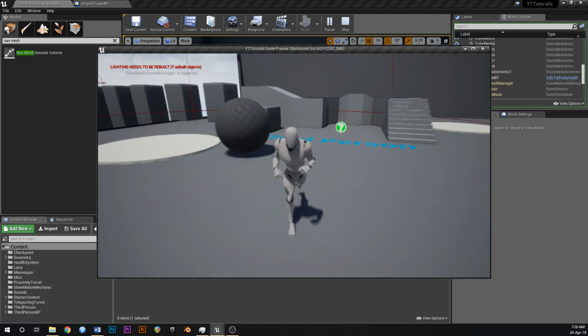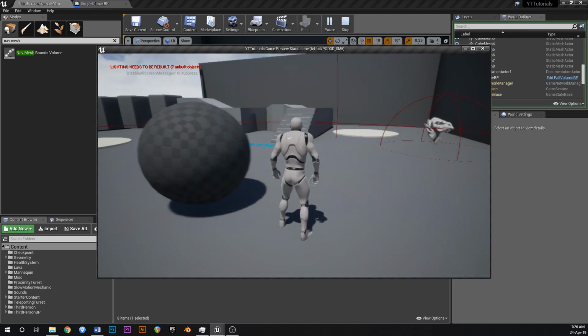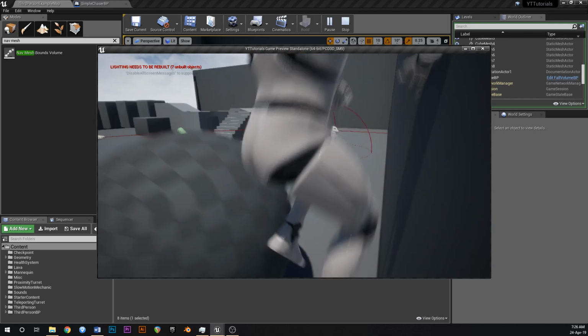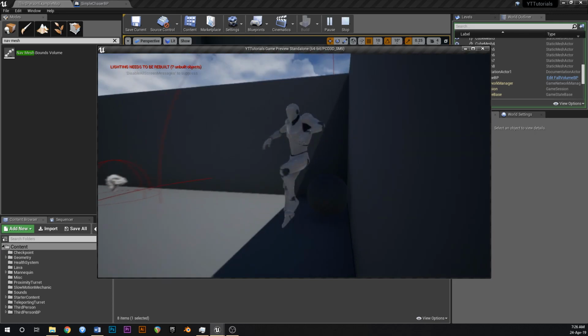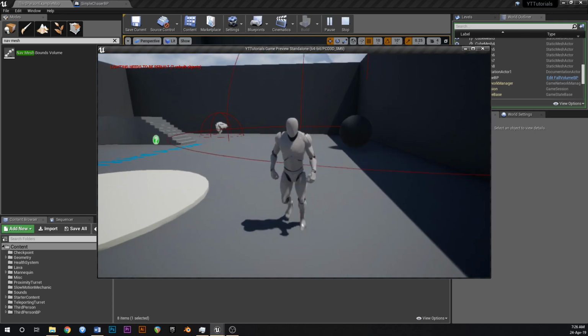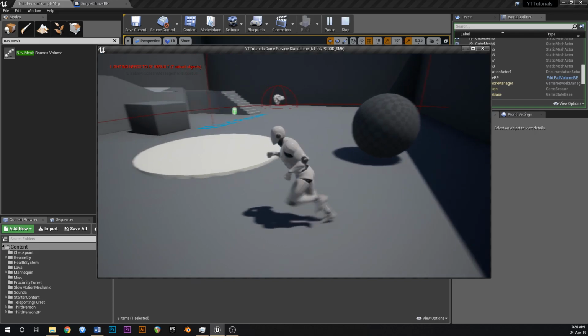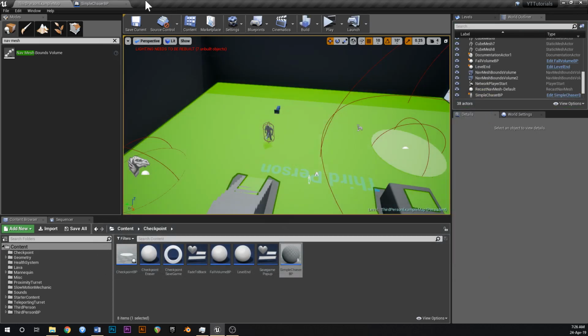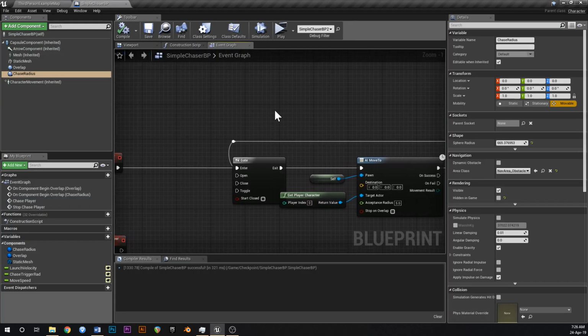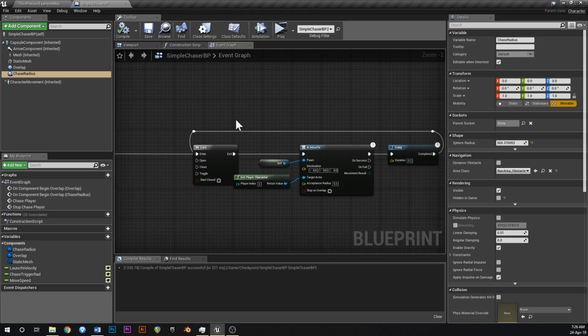Boom, there we go. He's definitely moving towards us. And if he hits us, bang, we get pushed. Oh man, he's bullying me. That's beautiful. I like that. It's scary. Okay. So now that that's all good,